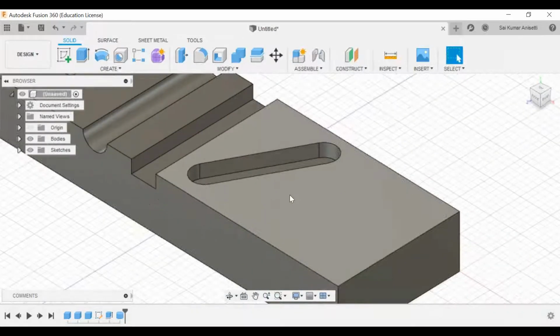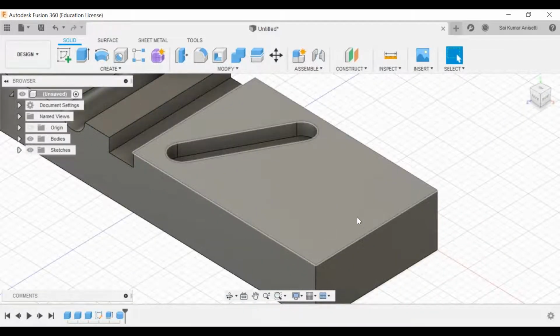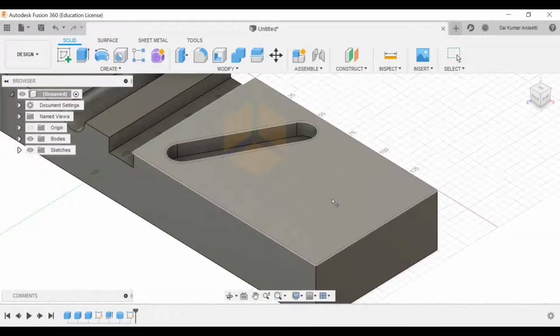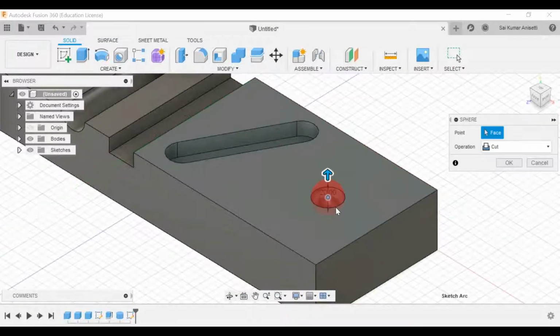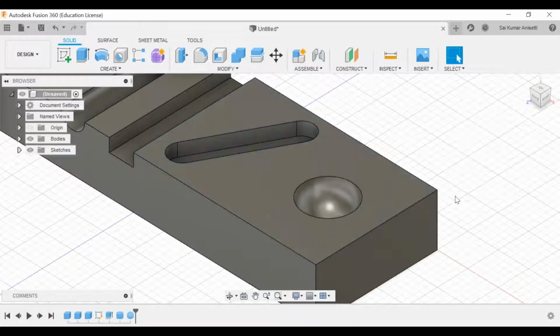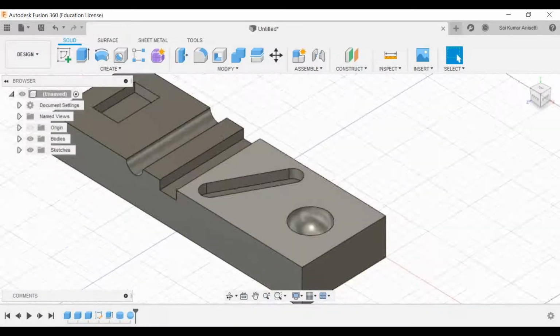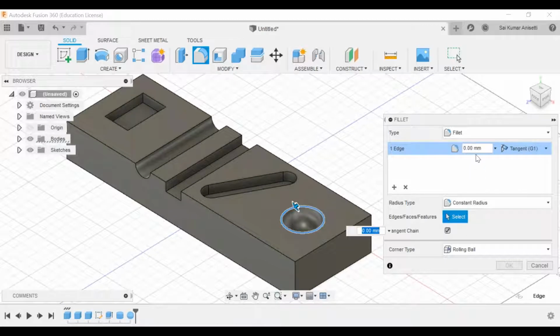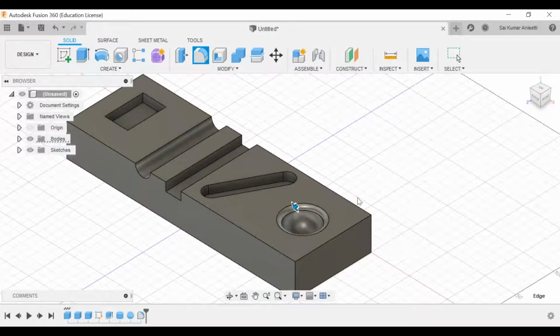Over here I'm going to create a sphere, and a diameter of about 40 is enough for me. Just click and remove it. I'll simply make a fillet onto the top to make it more visible, so I'll go with 5 mm. Click OK for this as well.